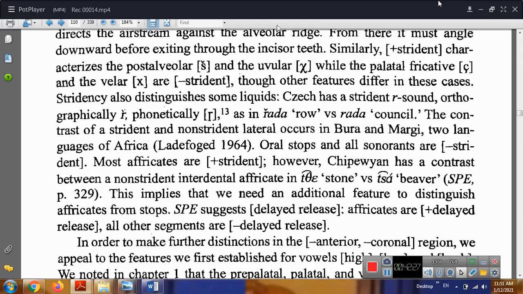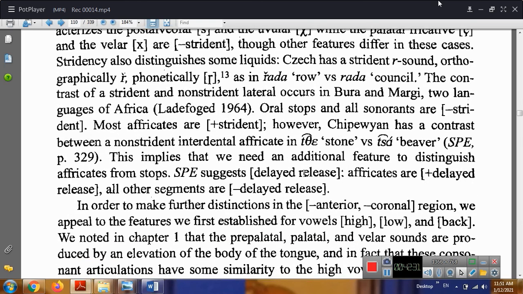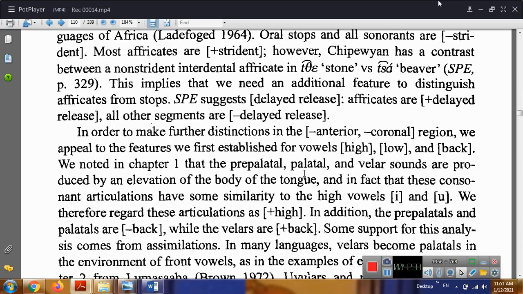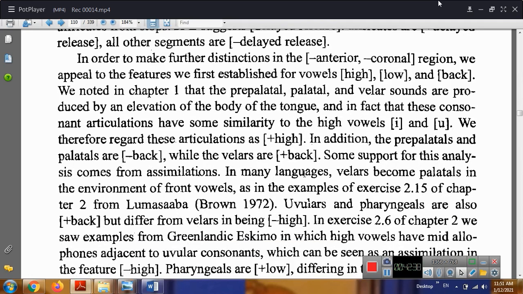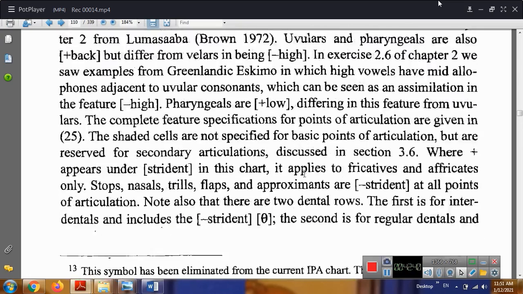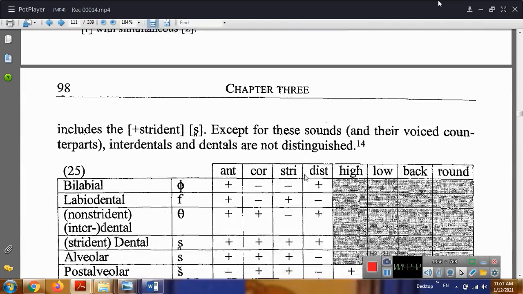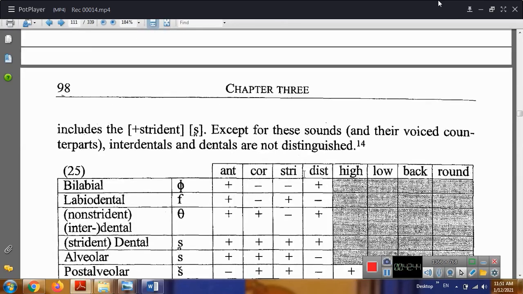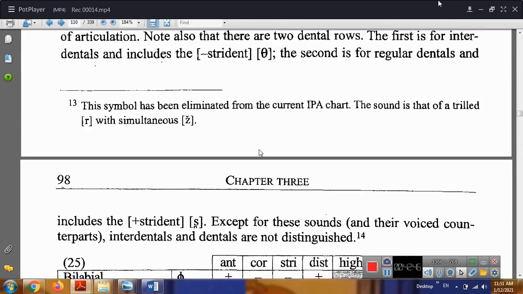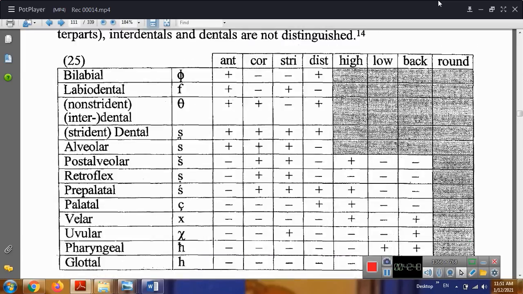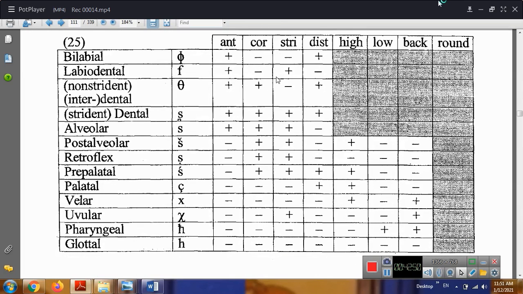Okay, and here you can see other definitions for plus strident, which are special for other languages. I want you to read them to be familiar with such features. Please read this text by yourself and ask me your questions about them. And here we can see some features as a whole